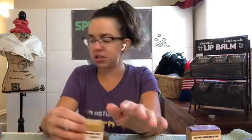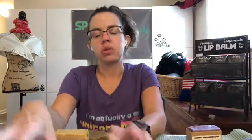So most of these soaps do have a natural exfoliant in them, so they're really good for your hands and your feet. Depending on how sensitive your skin is, it might feel a little rough on your arms or legs or belly or whatever. You can always get past that by just using a washcloth. Probably as I do more batches, I might actually reduce the exfoliants just a little bit, just so it is a little more gentle. And then because I liked these three so much, I made a mocha java version,